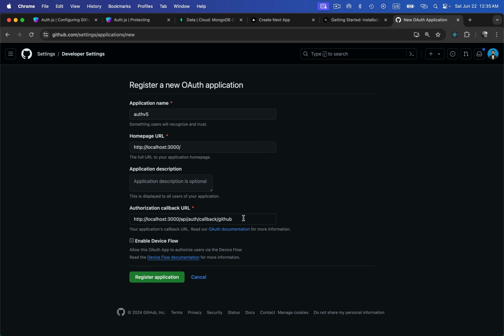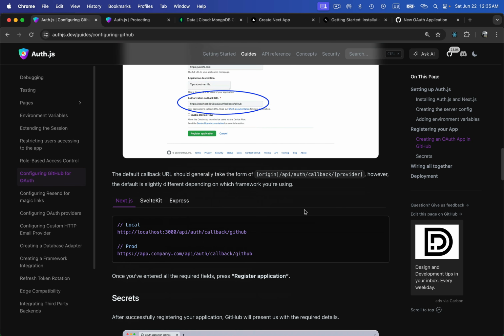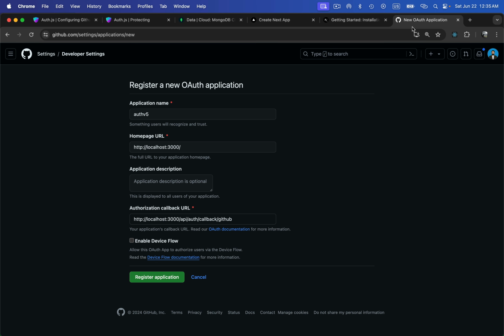This is what is provided by this documentation. You need to add this. For production, it will be HTTPS with the proper domain name, but for local, it can be this one. Okay. So after that, I'm going to click on register application,